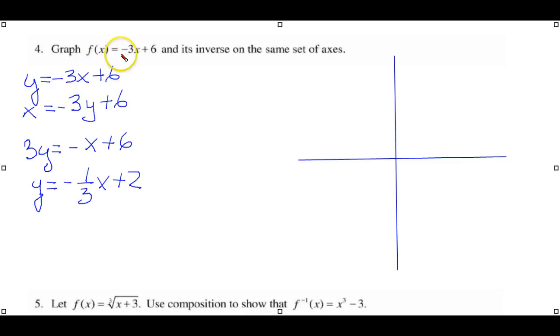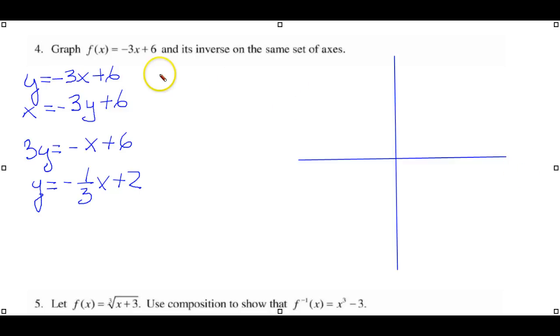So, to find the inverse of this, once again, we substitute a y for the function symbol. We then switch the x and the y. And then now I want to solve for a positive y. So I've taken this, transposed it to the other side. I've taken my x, transposed this to the other side, and now I've divided everything by 3, and I get this. So we have two graphs that we're going to plot